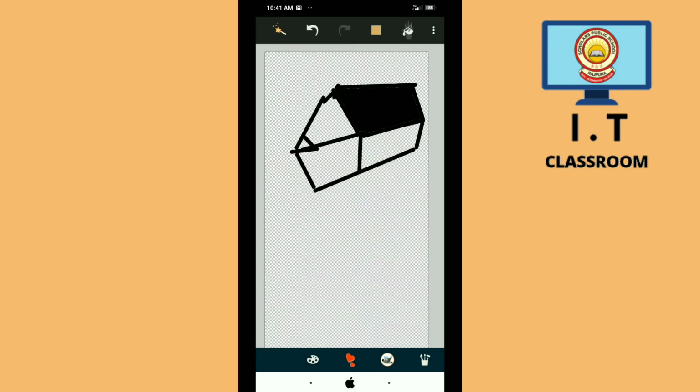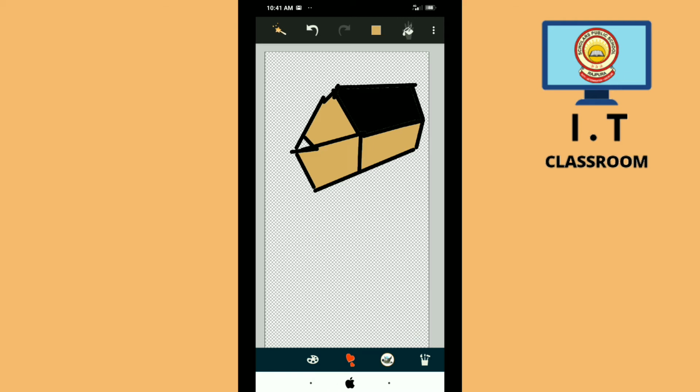After that, click on the drawing area where you want to fill this color. So by tapping on the area where you want to fill the color, you will get the same color which you have selected.